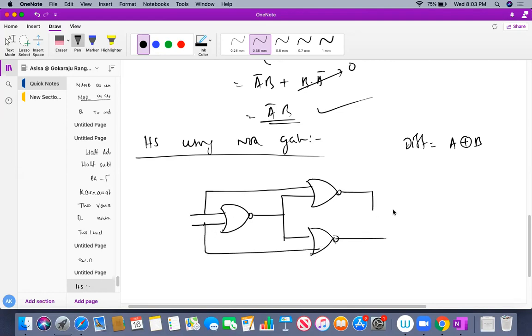Finally I have just connected it like this, and I am claiming that this is a NOR gate. So what does this give? This is my AB. If I connect here like this, it will give me a NOT gate, which will give me A XOR B. I'm going to prove it, don't worry students. So this is A, and this is A or B bar.